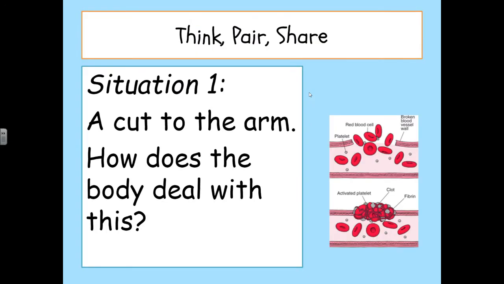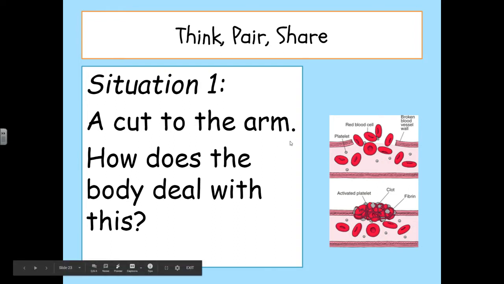So think at home, you cut your arm. How does your body deal with this? So you have an open cut to the outside world and it is bleeding. How does your body deal with it? So you might have thought for this one, well, I cut my arm, it bleeds, I put pressure on it, or hopefully you put pressure on it, and then it clots. I end up with a hard thing formed over that cut. If it's quite a large cut, you can get quite a big scab. And then over time, the scab falls off, and underneath my blood, having clotted, has replaced the skin.